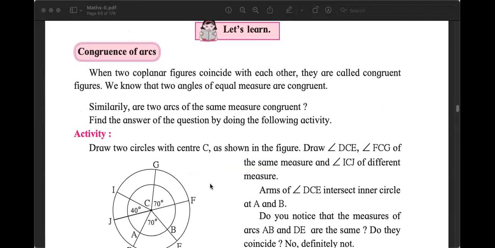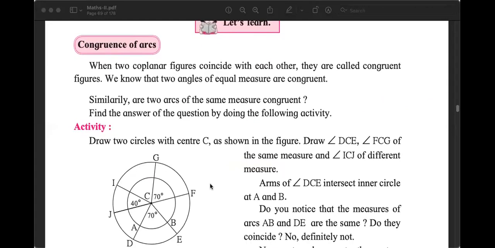Once we have understood what an arc is and how we measure the arcs, once again, arc is a part of a circle. The arc can be a major arc or a minor arc. If it is a semicircle, then they are equal arcs, no major, no minor. And the measure means its measure, we will not use the length. Length of the arc will be used in mensuration, not here. We will measure the arc with respect to the central angle. Central angle is the angle formed by the radius through the endpoints of the arc.